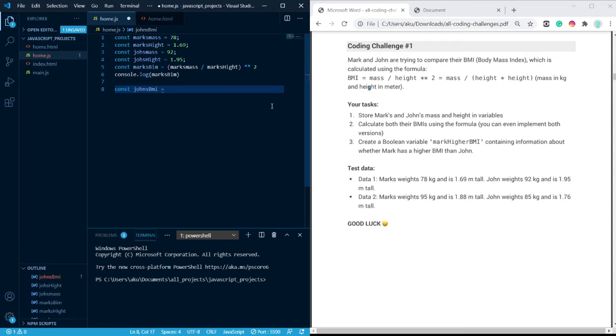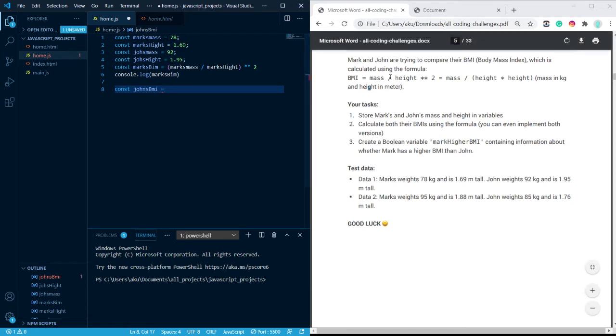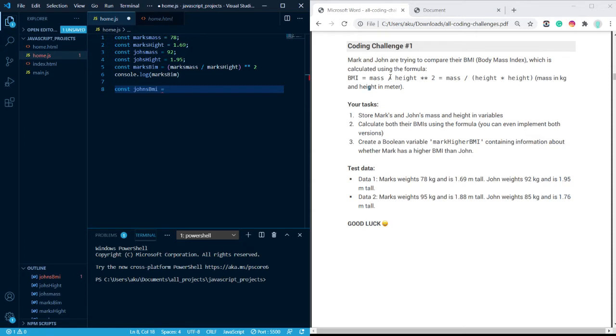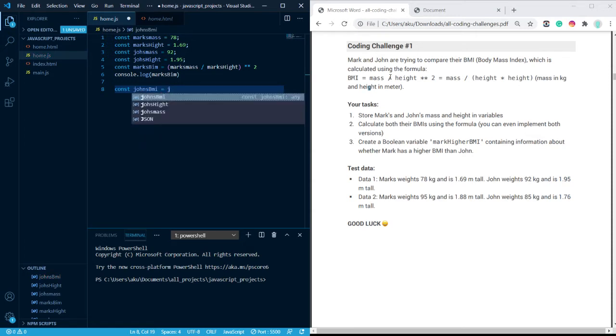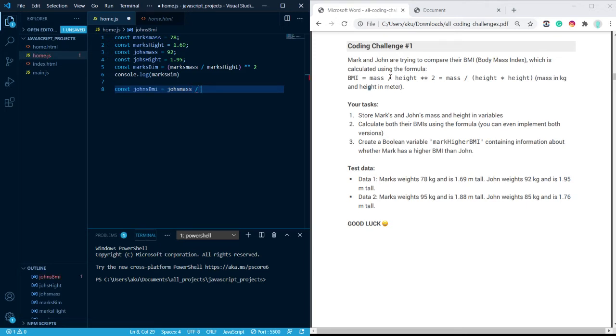It's equal to, so the formula is mass. So John's mass divided by his height, John's height, times his height again, and